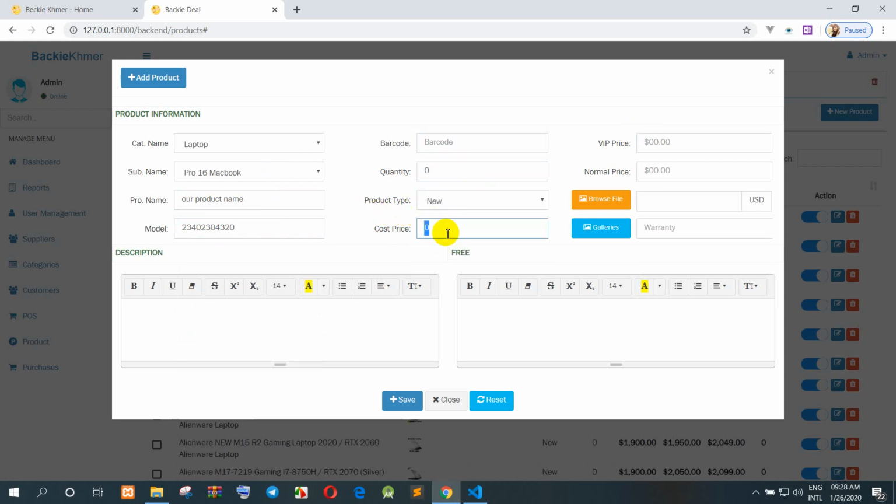I don't want to input the cost price here; the cost price we input from the stock. For VIP, for example, I say VIP 200, and for customers who are not VIP, we set it to